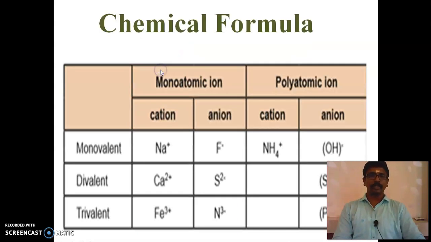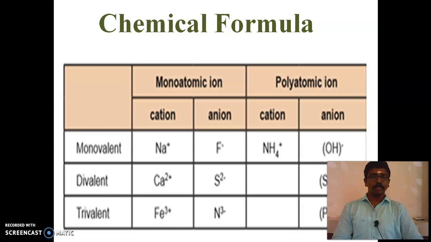Now we will discuss the same chemical equations, and in that, the chemical formula. How can we write the chemical formula? For that we have to know the cations and anions. A cation is nothing but a valency having a positive charge, and an anion means a valency having a negative charge. How is a salt formed? With cation and anion, the chemical formula of the salt is formed.